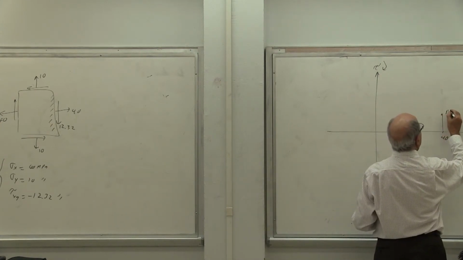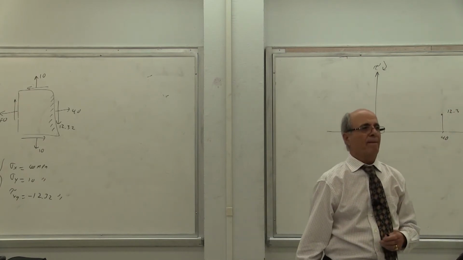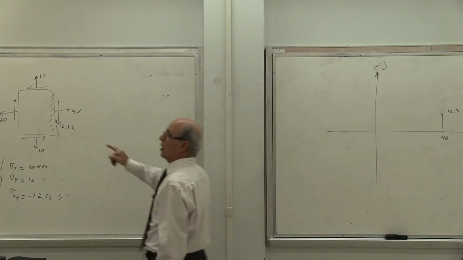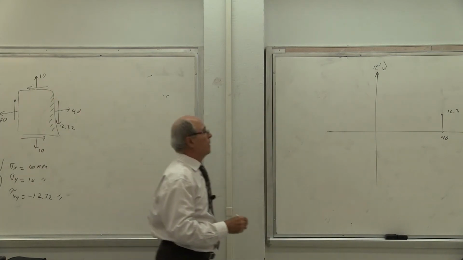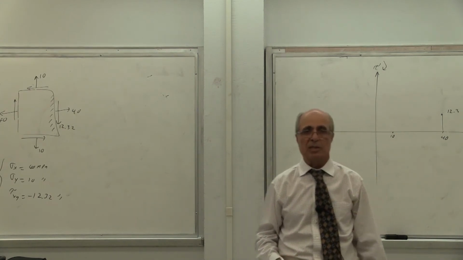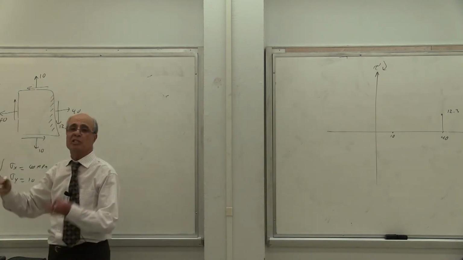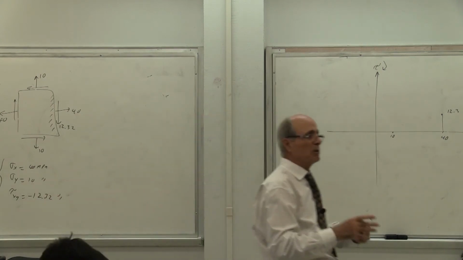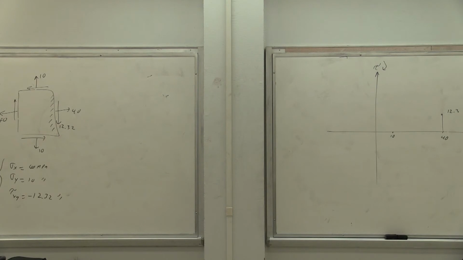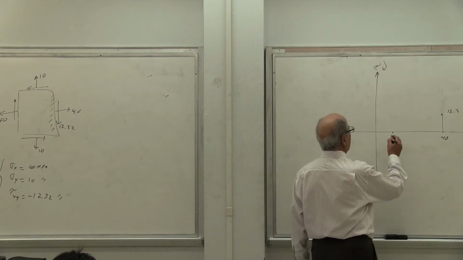So I go up here, 12.3. Is that correct? Now, what about the other side? The other side, I have plus 10. Is that correct or not? As far as the sigma is concerned. As far as the shear is concerned, you don't have to worry about it. If this is plus, this was minus. It's always typical of Mohr circle. If one is plus, the other one must be minus, because otherwise, it opens up. That's the reason. So it always gets one plus, one minus. So doing that, I should be going down.